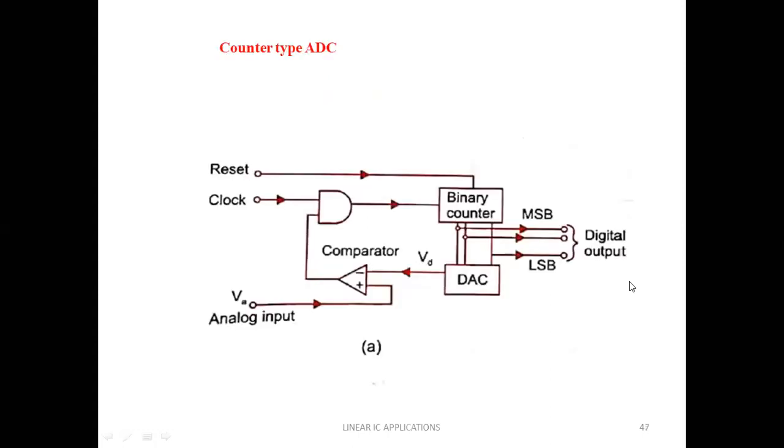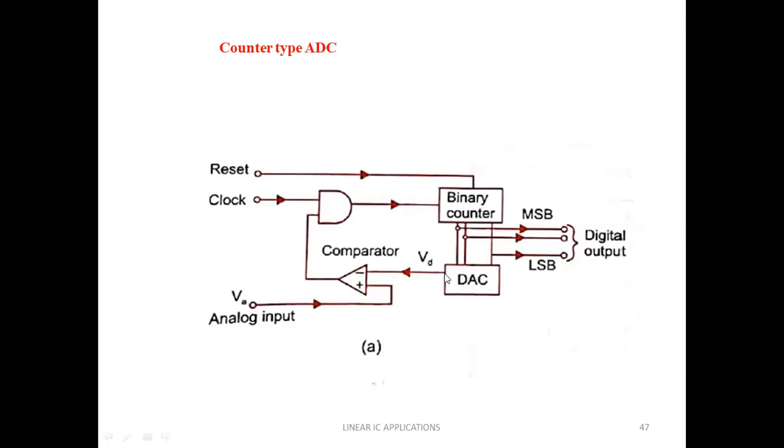Okay, now if you observe, this is the block diagram of the counter type ADC. First I would like to explain the operation of this one. First you can see the binary counter. This is the counter which counts the number of events or pulses coming through this logic circuit and AND gate. The output of the binary counter, that is the digital data, is given as the input of the digital to analog converter, which converts the digital data into analog data. In the same way, the same output of the binary counter is taken as our digital output.